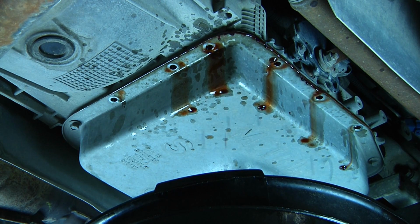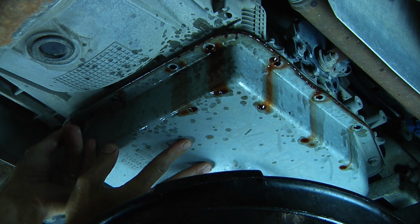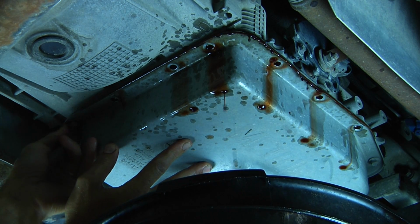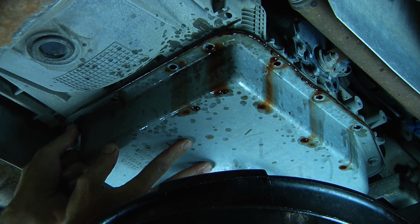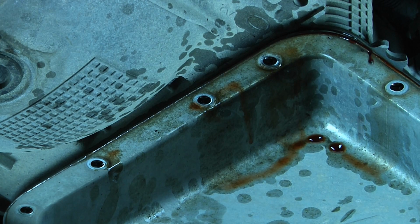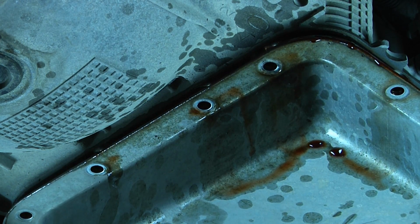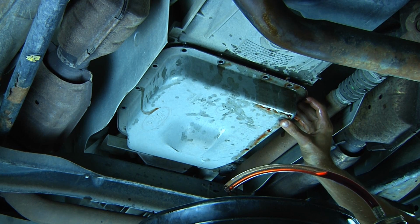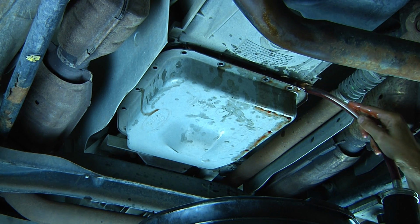Now that the fluid leaking out has slowed down, we're going to move around and take out just a couple more bolts on either side of this corner and drain out just a little bit more. As I work slowly around, taking one bolt out at a time, you can see the transmission pan starting to fall real slowly. With the pan still hanging by about 4 bolts, I'm going to take Amsoil's fluid extraction